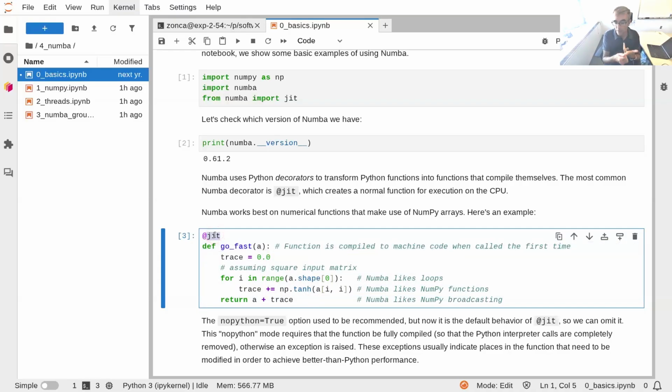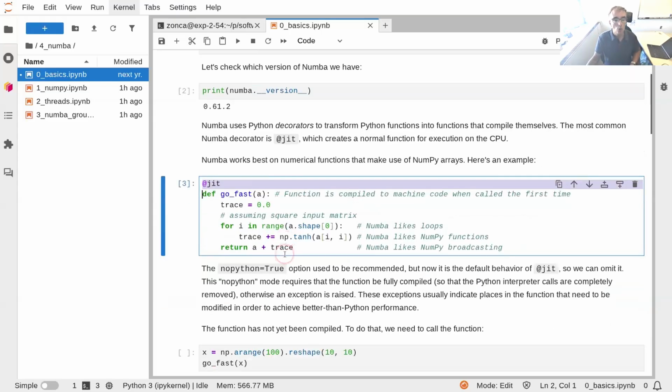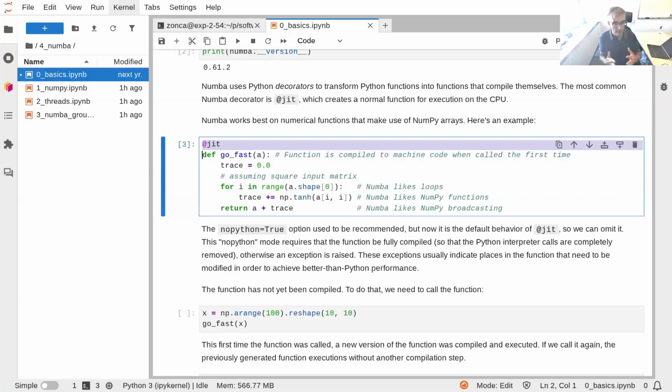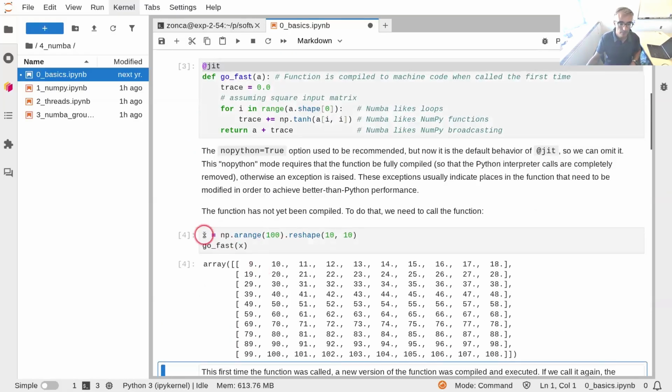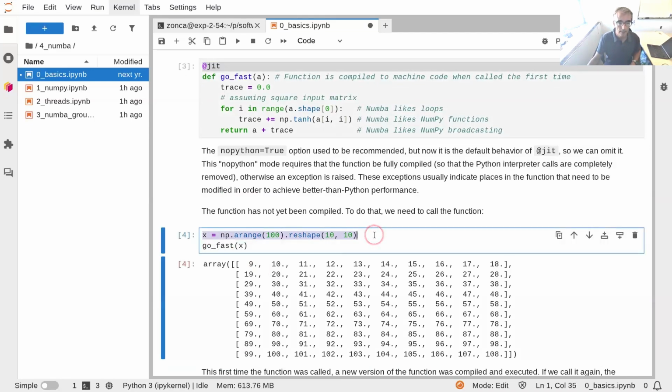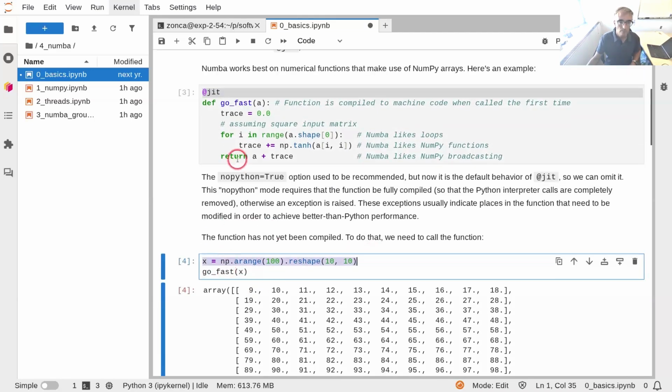Then JIT, which is a function itself, which takes go_fast and produces a special object that is going to provide a very fast version of your function the first time you call it. So in practice, you have your NumPy array, and then you call go_fast, and this is going to